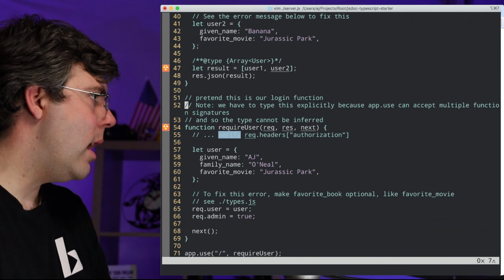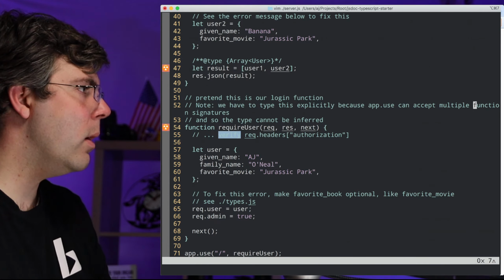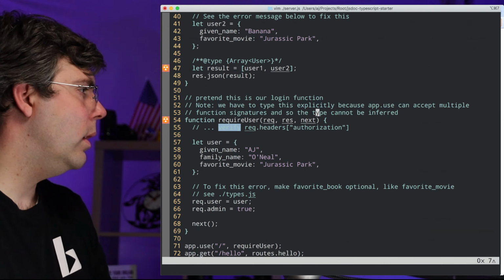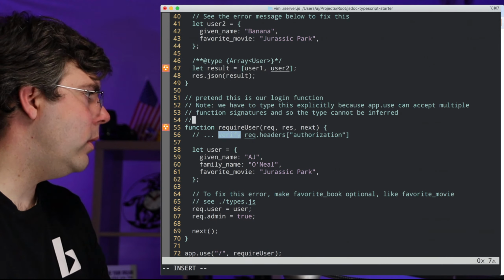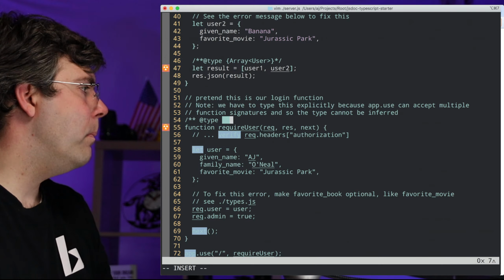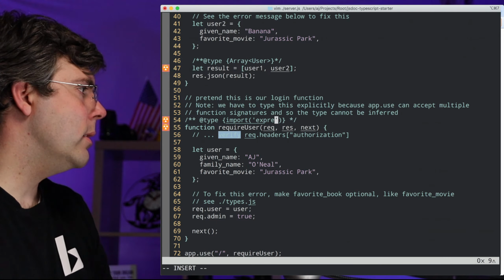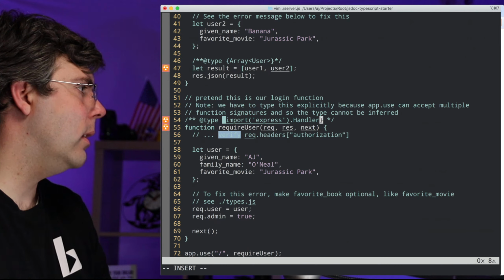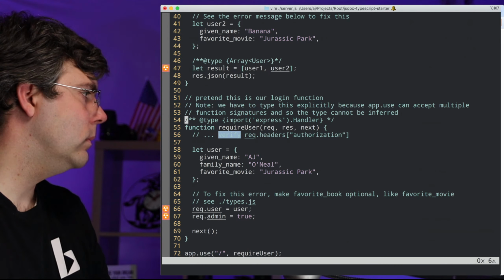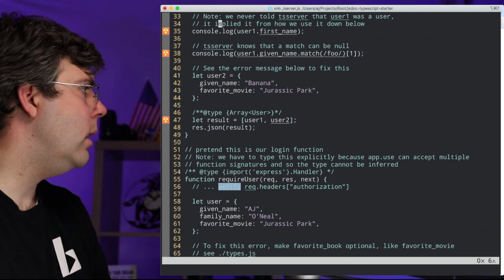I think I'm going to go. I don't know if I'm 100% true on that, but I'm going to go with it. So we do have to do here a type, import express.handler. Okay, and then